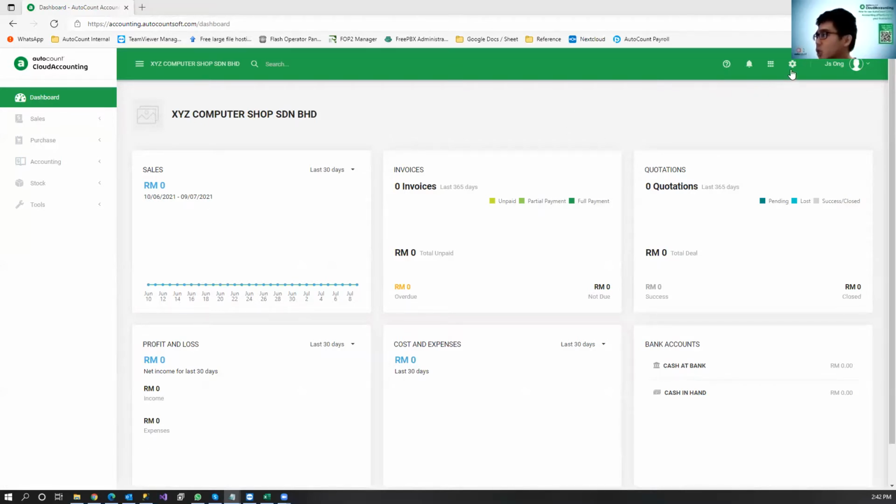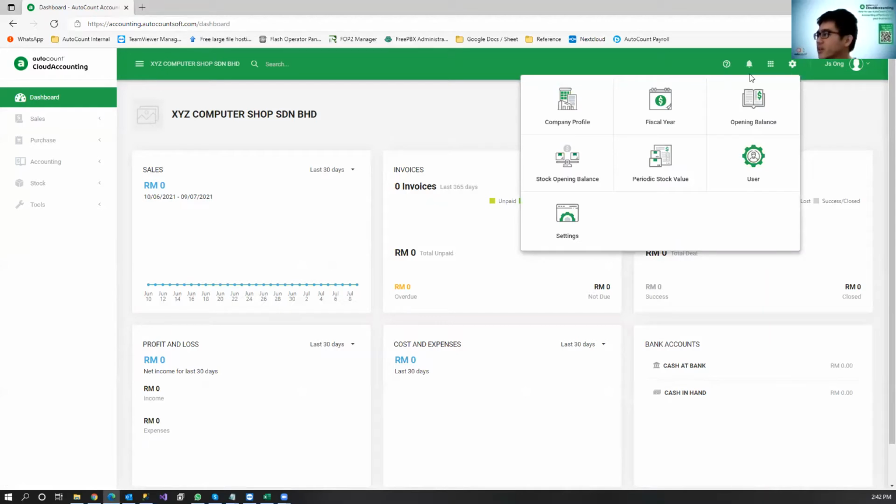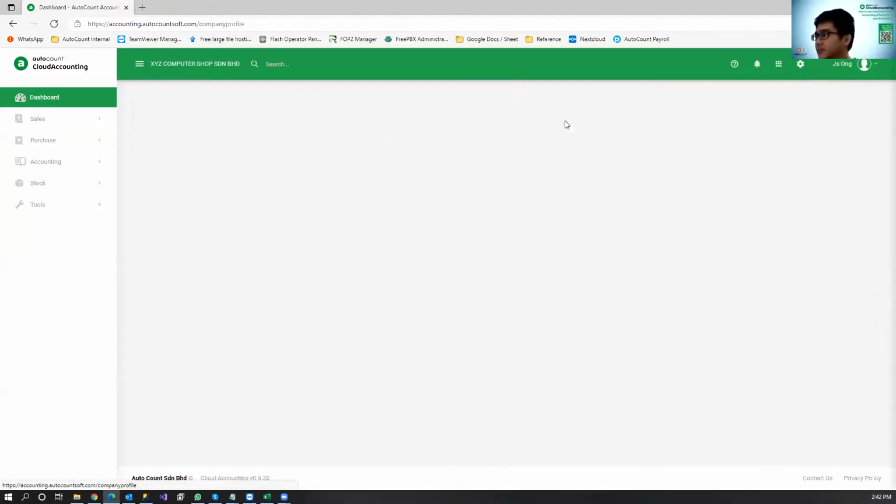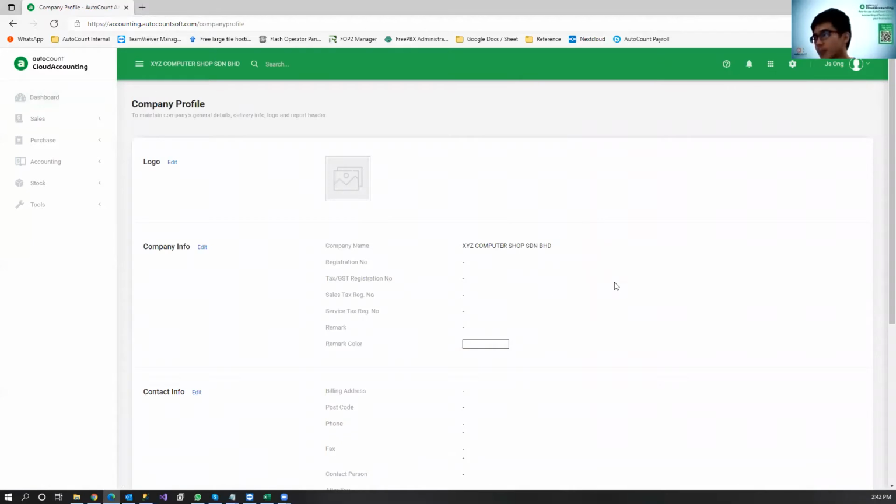So where do you set your own company profile? You go to the top right, there's a setting button. It's account book. So you can go to this company profile icon. Click on this company profile. You can put in any of your company information in here. For example, the logo.